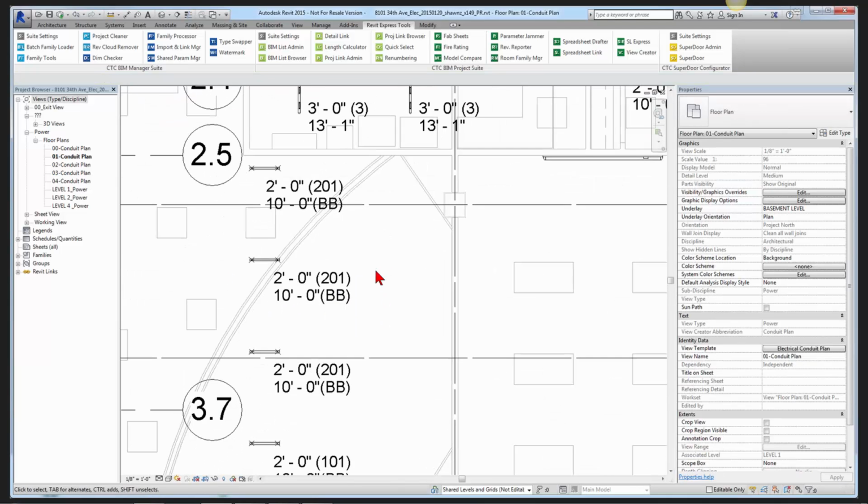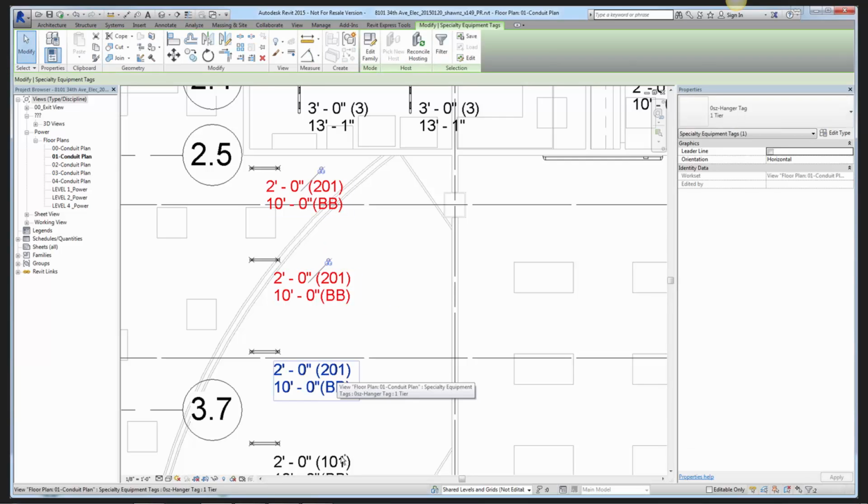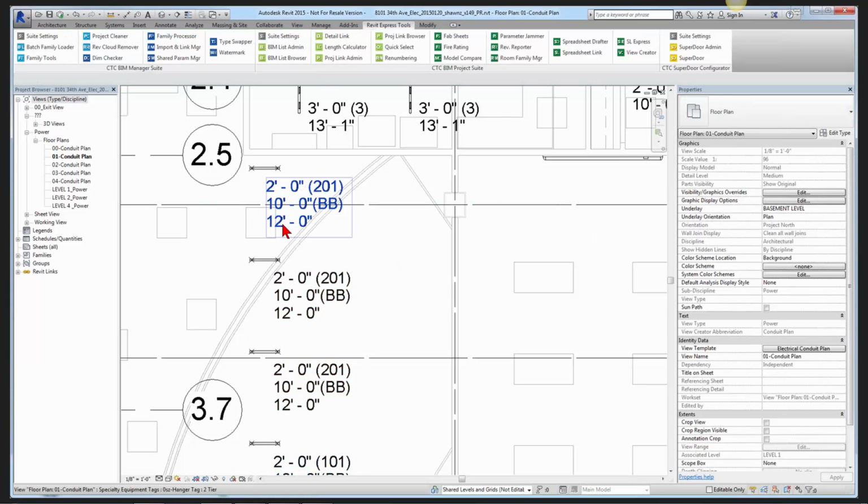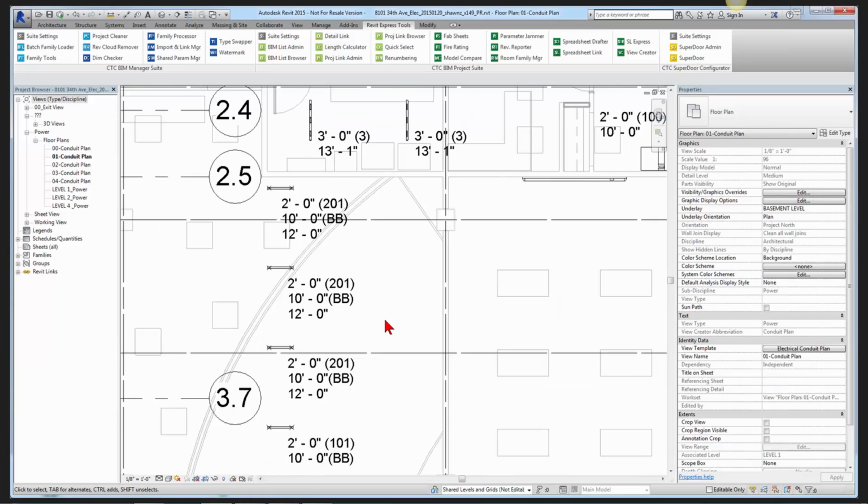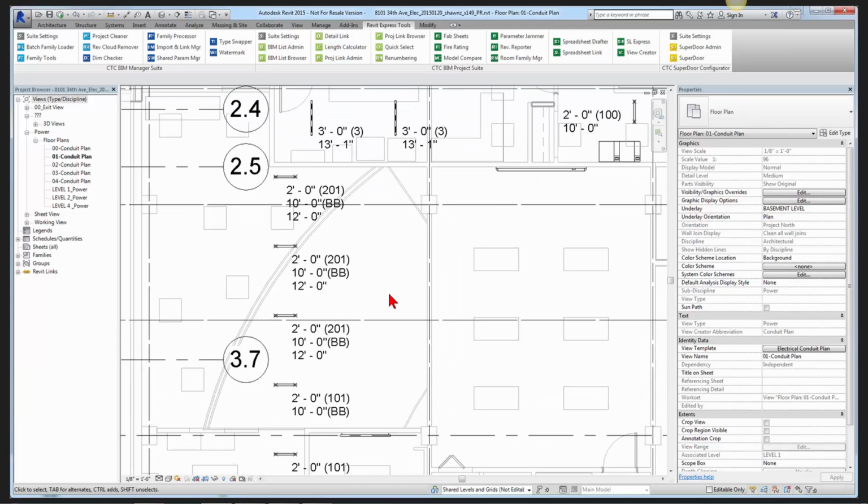Now, I happen to know with this one, because that first number indicates how many tiers are on this, that some of these components should actually be multiple tiers. So I'm going to go in there and use another tag. Notice this, I've got this 12-foot value here. That's actually coming about because of that first tab process. It's actually acquiring the elevations of information. It's using the math internally in the file itself, in the family, to figure out the remainder of that data for the alternate tiers. But ultimately now I can go through and I can tag properties in my project that